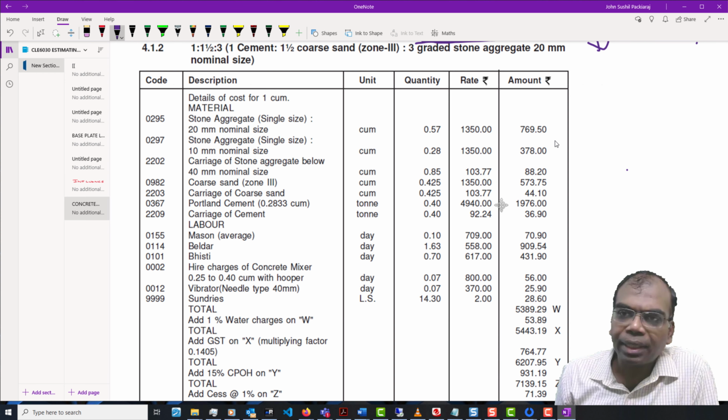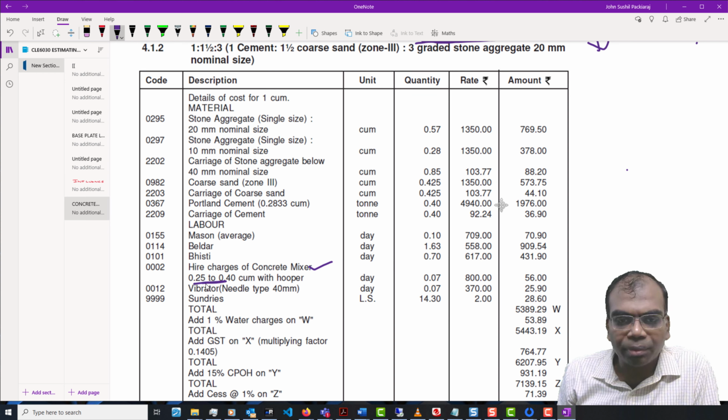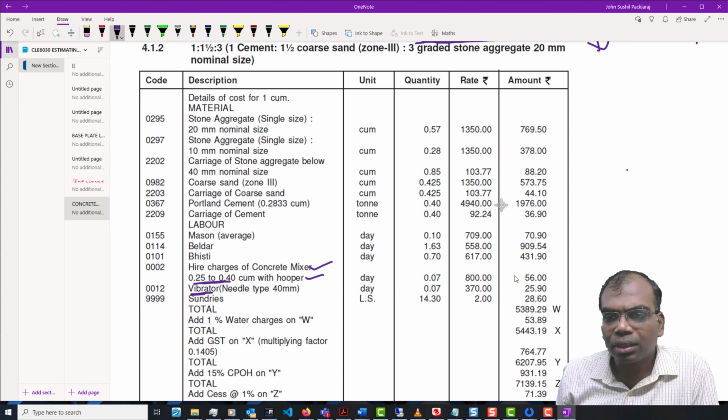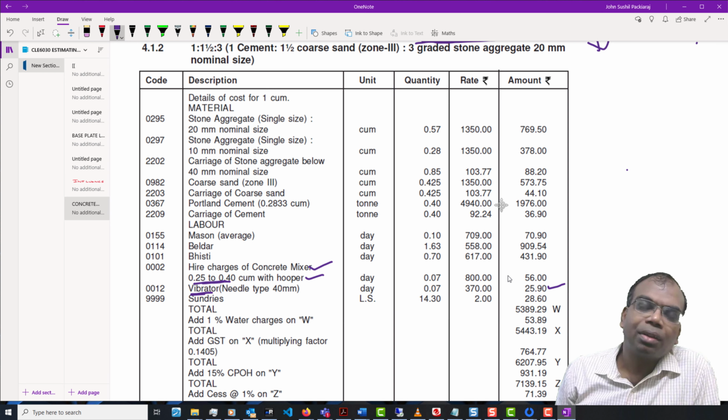All the materials which you use, all the technologies which go into it need to be accounted for. For example, when I say technologies, here there is this concrete mixer. The size of the concrete mixer is mentioned. Again, it is having a hopper. Then we have the needle vibrators, which are needed for compacting the concrete. When we miss this cost, it is going to be around 26 rupees which you lose per meter cube, but when you multiply it, you make a huge loss.